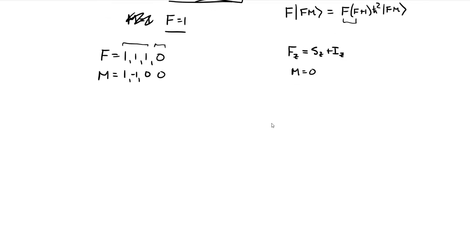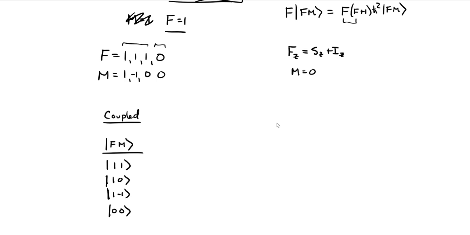So organizing this nicely, that seemed a little disjoint. In a coupled basis, what we've just shown is sort of the same thing we had in the hyperfine interaction, that we have, so these are written in terms of the quantum numbers, total angular momentum, and the z component of that total angular momentum, or that magnetic quantum number. We have the states 1, 1, 1, 0, 1, negative 1, right? And 0, 0. Those are our F, M quantum states in our coupled basis.